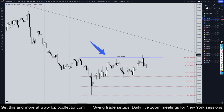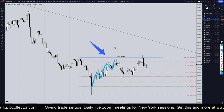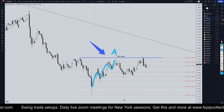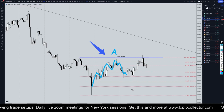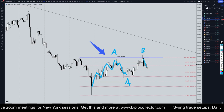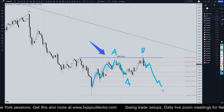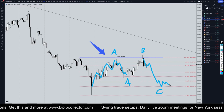Going down to the 4 hour time frame. Now, to me, it definitely still looks like 5 waves up over here, which is why I'm calling it a wave A. I still think this looks like a possible wave A down. I still think this move up looks like a possible wave B, and it looks like it should at least go down, maybe even take out all these lows for a possible wave C